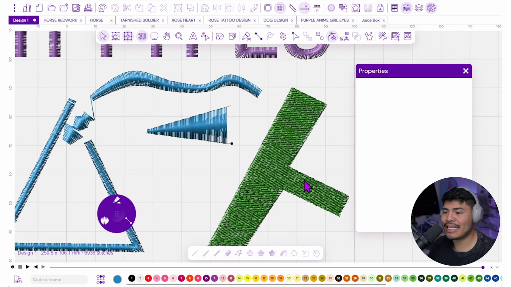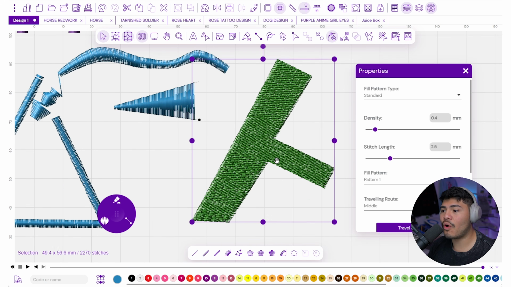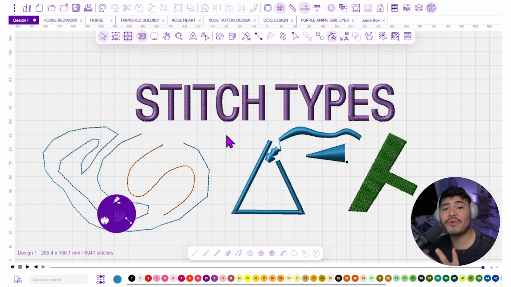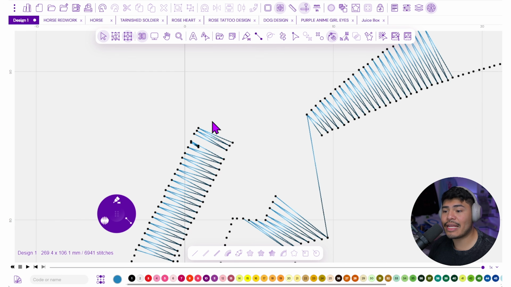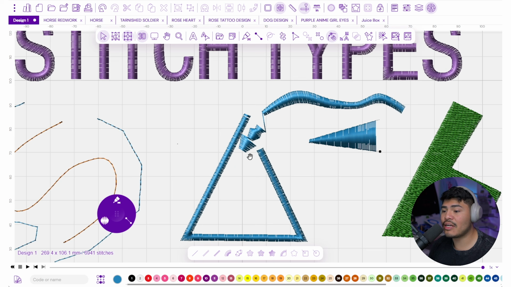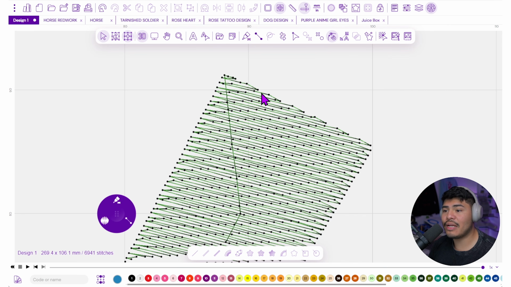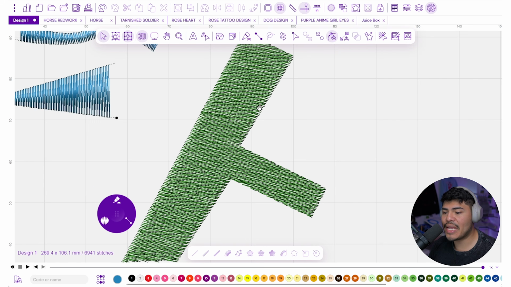The last stitch is called a tatami or a fill stitch. Now if you haven't noticed, all three stitches are exactly the same, because when you embroider with one single needle, all you can really do is create a running stitch. So from that running stitch, it then goes to creating a zigzag, which makes it look like a satin stitch. Well, tatami is no different. All it's doing is creating a running stitch in a very specific pattern